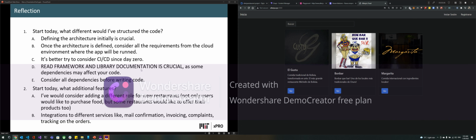And something that I have to point out here: if I were to start this application today, I would do things differently. Defining an architecture is crucial. Once the architecture is defined, I consider the requirements from the cloud environment where the app will be run. It's better to consider continuous integration and CD since day 0, and documentation is crucial. We need to consider all the dependencies before writing code, and some additional features that I would like to include are